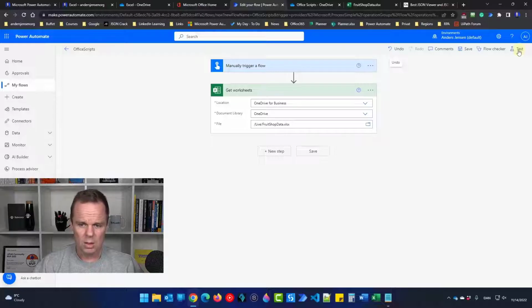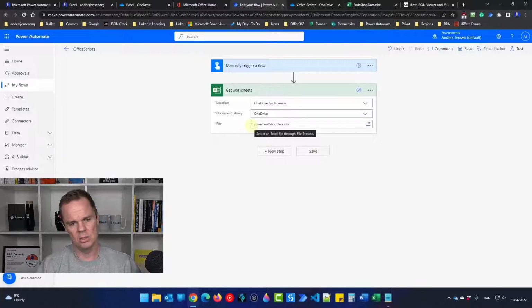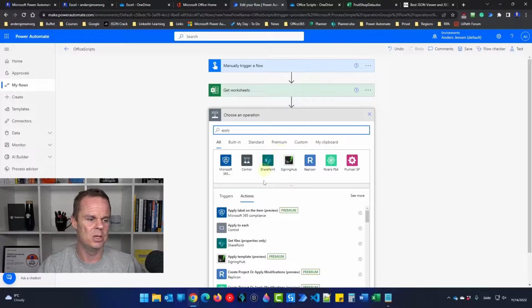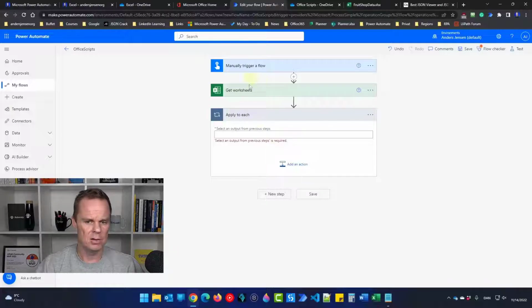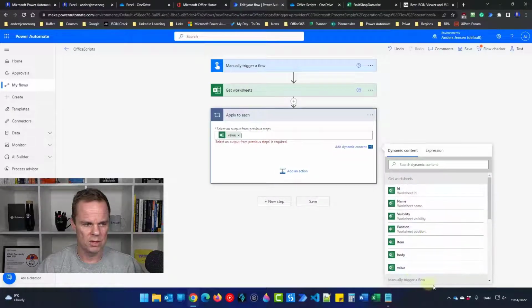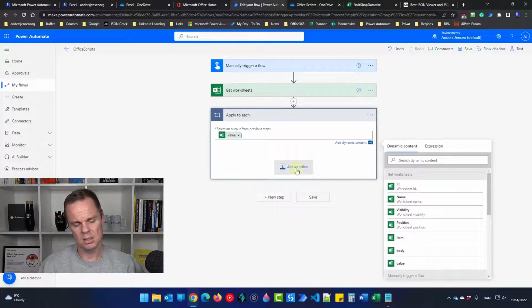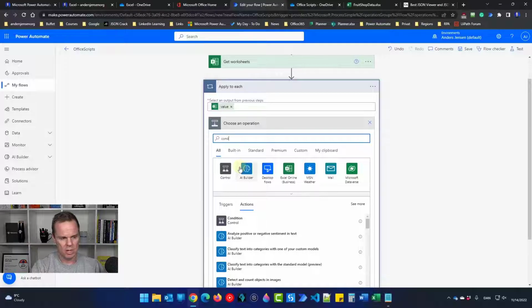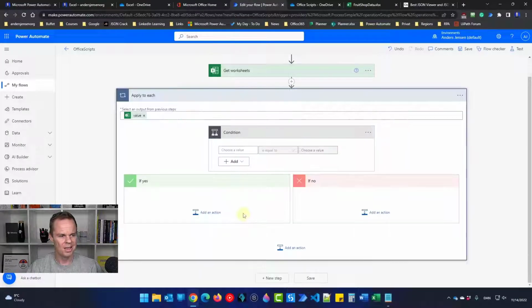So now, what I will do here is that I will say I want each one of these worksheets, and then I'll apply a condition to it. So I will have an apply to each. I'll take all these one by one, just as we're used to. Apply to each. I'll take the value from up here. So find the value here. And then I'll say if these sheets with their names, if they start with Office Scripts, then I want to run this Office script that I just created, and it will look like this. So choose an operation, and here I'll have the condition here. And